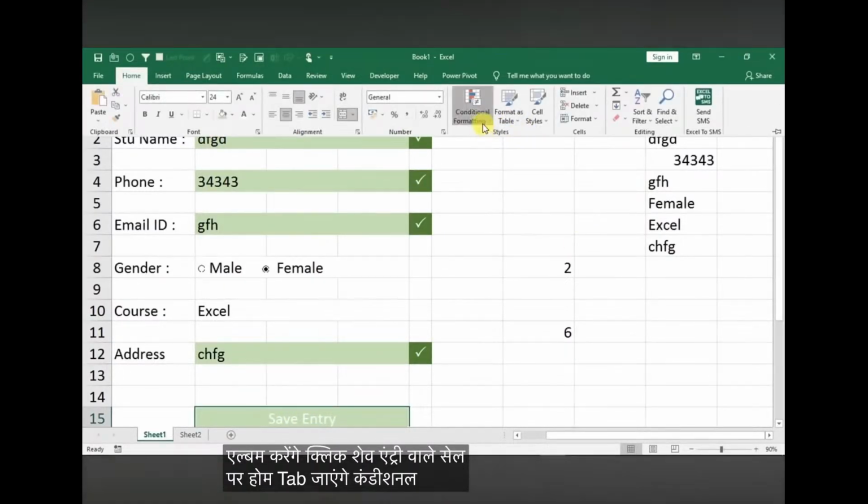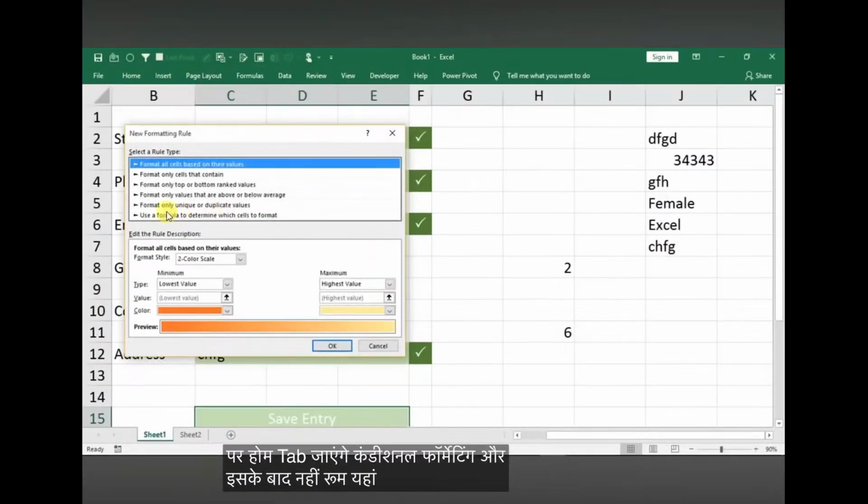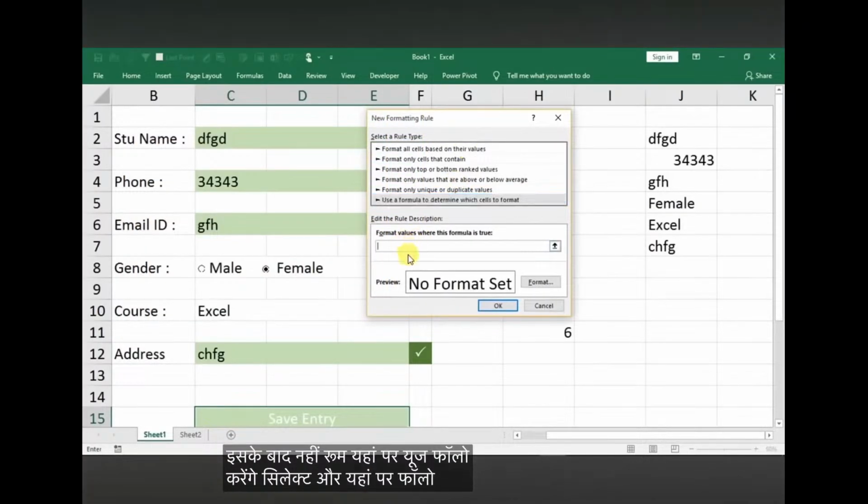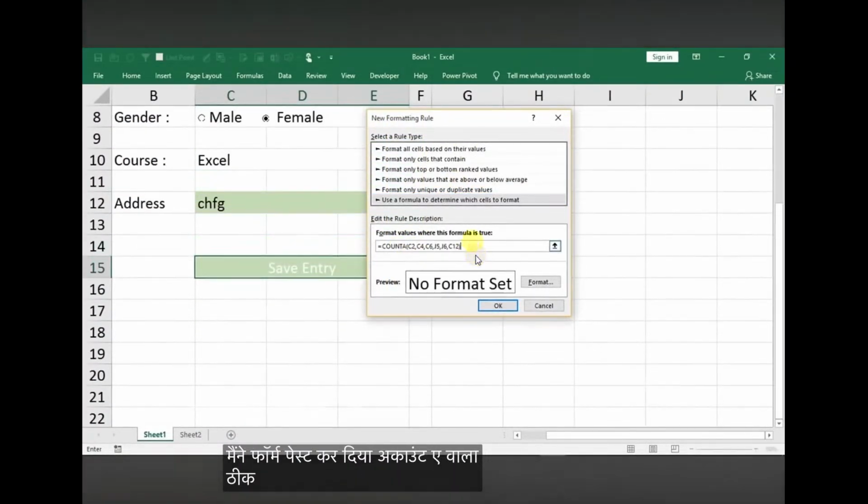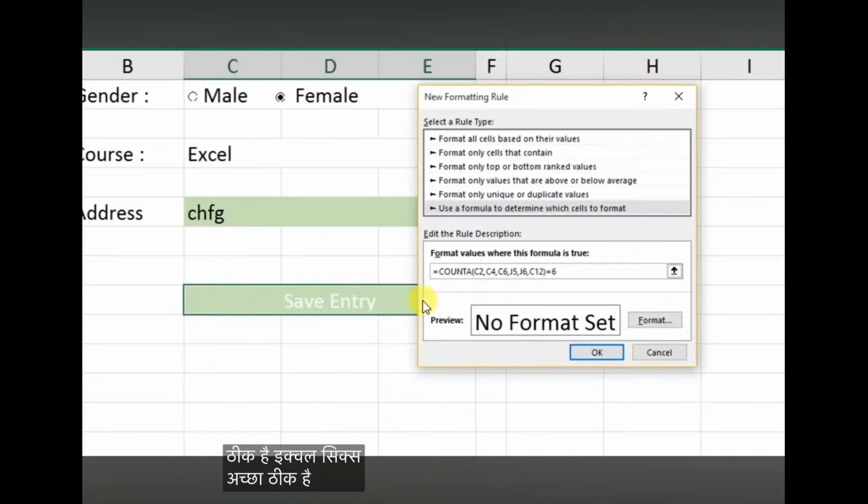अब यहाँ इस सेल पे हम क्लिक करेंगे, सेव एंट्री वाले सेल पे, होम टैब पे हम जाएंगे, कंडीशनल फॉर्मेटिंग, और इसके बाद न्यू रूल, यहाँ पे यूज ए फॉर्मुला हम सिलेक्ट करेंगे, और यहाँ पे फॉर्मुला क्या होगा, मैंने फॉर्मुला पेस्ट कर दिया काउंट ए वाला, ठीक है, इक्वल 6, ठीक है ना, कि अगर यहाँ पे काउंट ए फॉर्मुले के अंदर जो सेल्स हमने दिए हैं और काउंट ए ये पता कर पा रहा है कि सभी सेल्स के अंदर एंट्रीज की हुई हैं, मतलब 6 वैल्यू यहाँ पे रिटर्न कर रहा है,